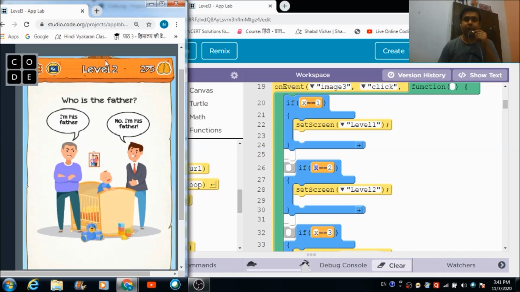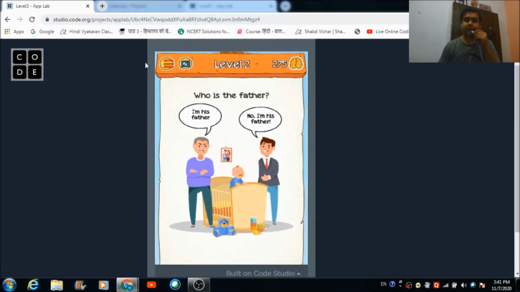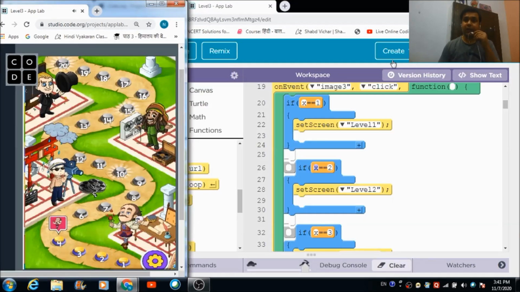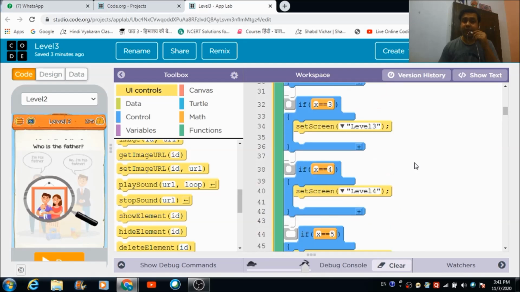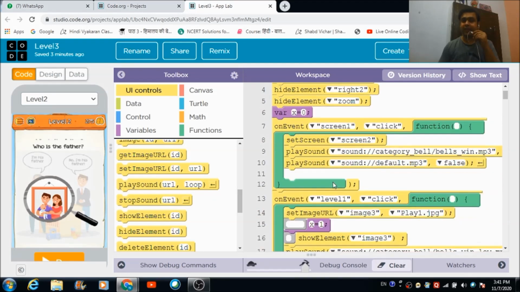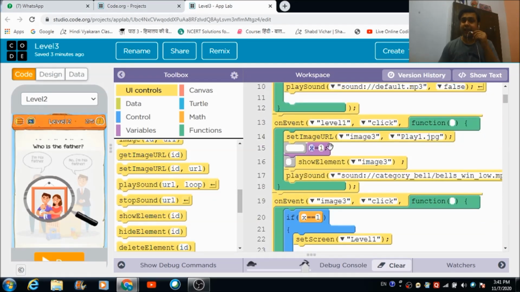Just because when the user hits this level 2 button, the value of X is going to get changed to 2. This is the code that I have made use of for changing the values of X. This is how you need to play with the values of the variables.